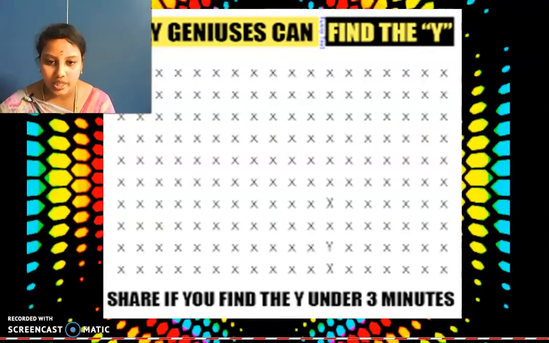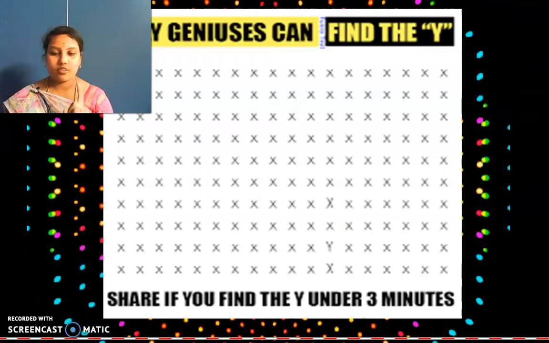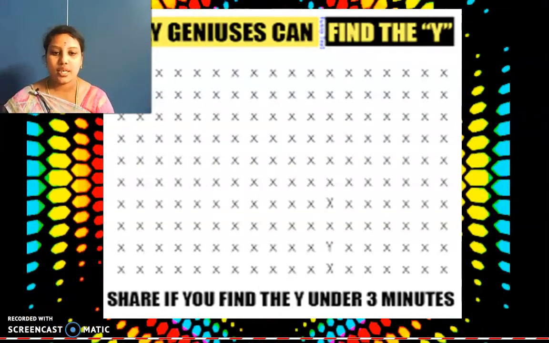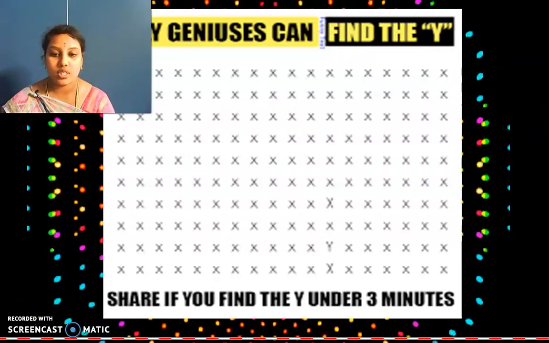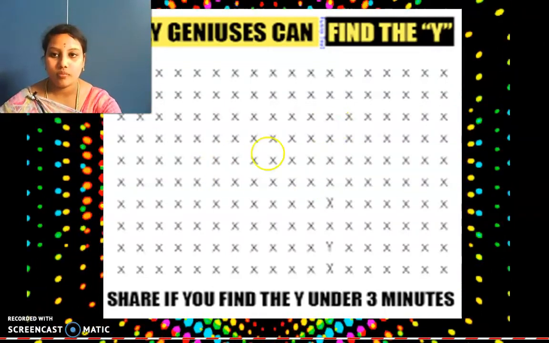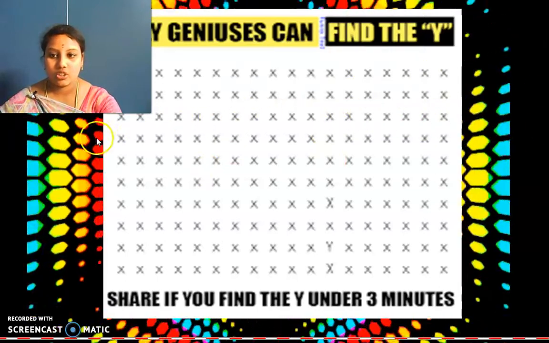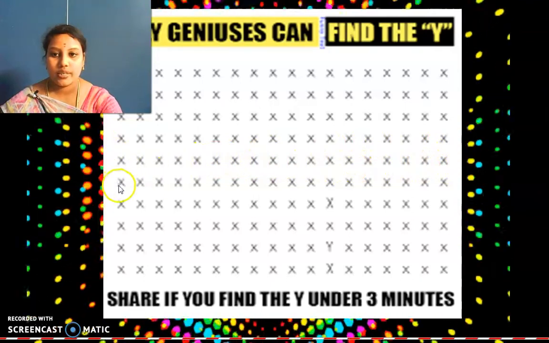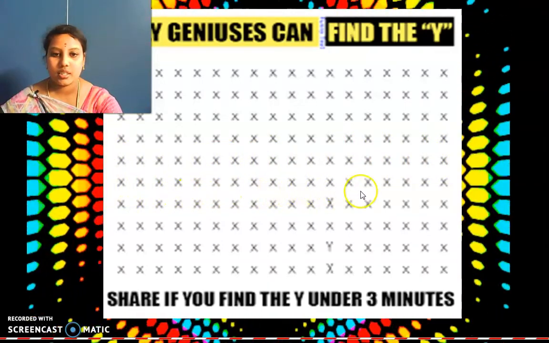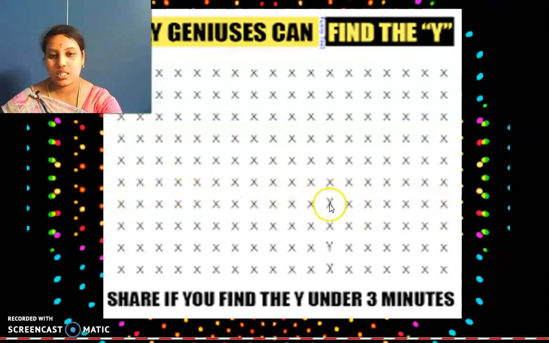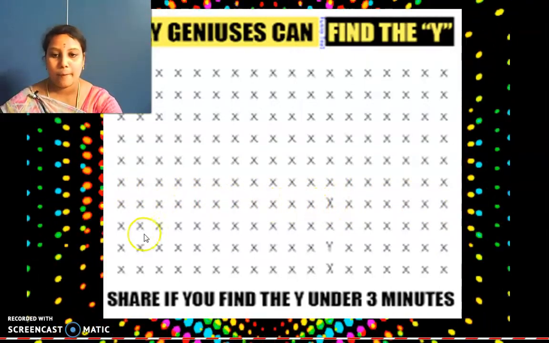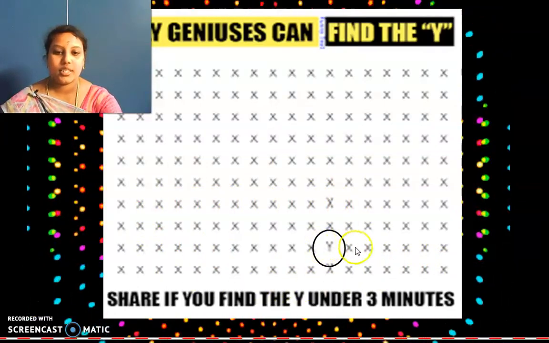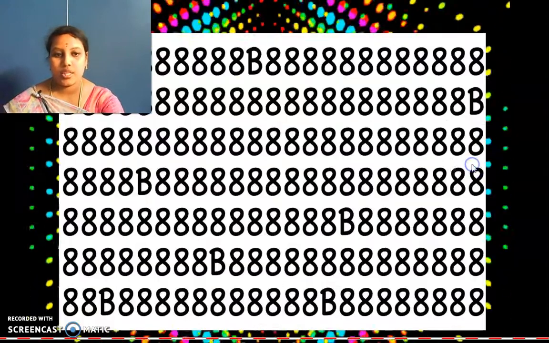Come on, take your time, but you need to observe the pitch carefully. Okay? The one main thing is observe. You have to observe and concentrate. Where it is not here. Come on kids, search where it is. Come on. This is the x. It is x, okay, not y. Come on. See here it is. The y is here. The last.